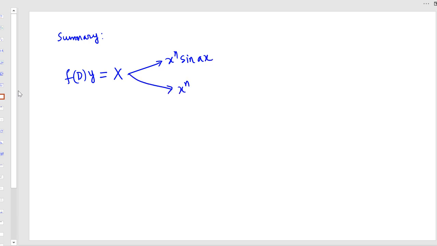Now to summarize, if we have this ODE, ordinary differential equation, equals x, where x is x to the power n sine ax and x to the power n cosine of ax. So for this we will get pi equals to,